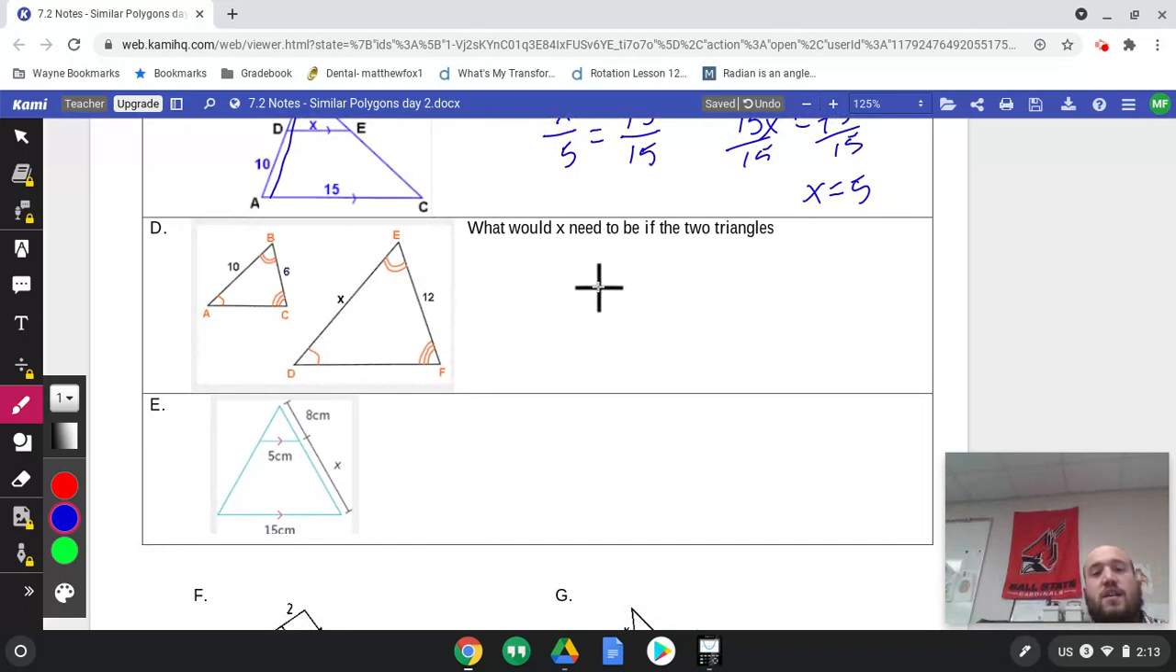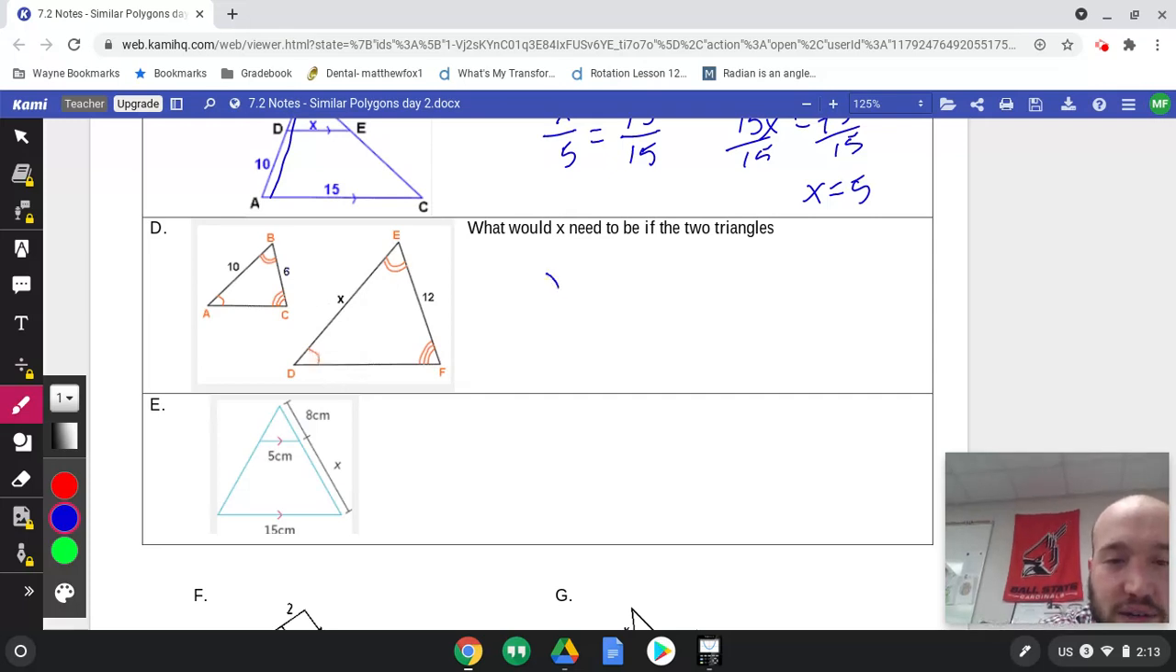All right, what would x need to be if these two triangles are going to be similar? Looks like I forgot to type the rest of that. But so if the two triangles are similar. So we have our marks. We know they're similar. Now we have a 10 and an x. So from here,